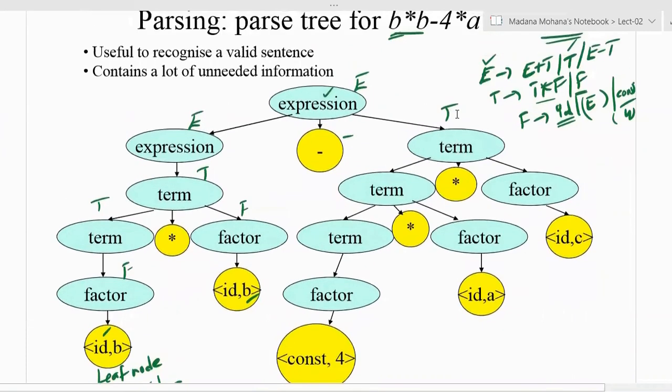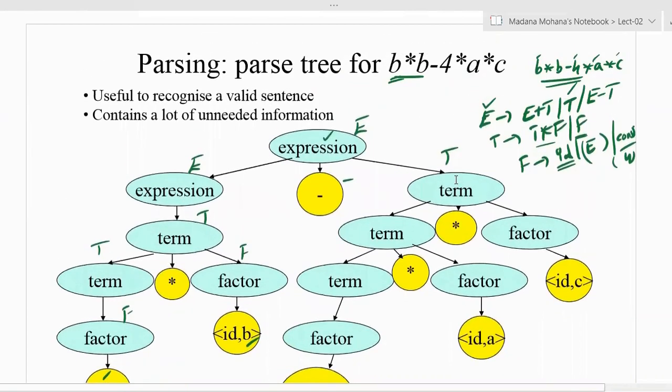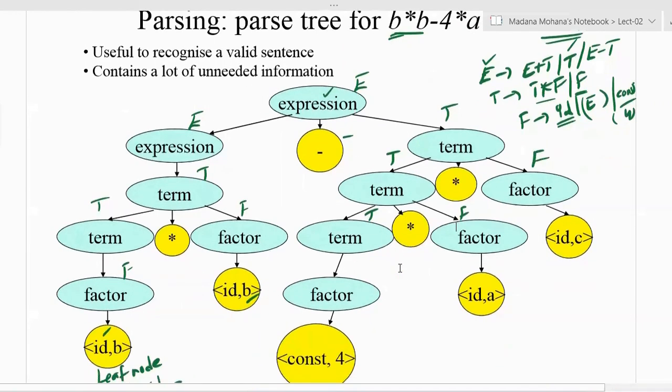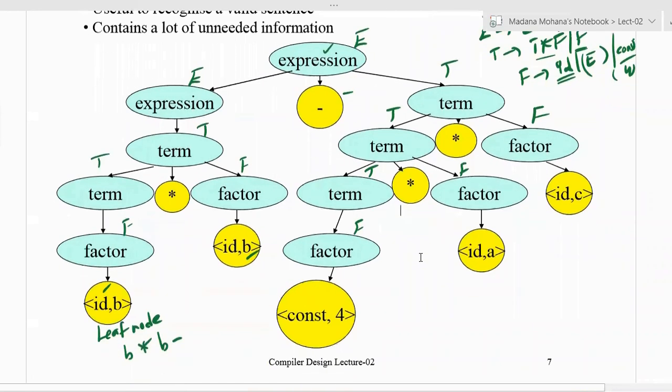So now again here we have multiplication. Now T equal to T into F, you can take the combination. So here T into F. Now the leftmost variable T is replaced with what you want. Again here two multiplications are there. Again you can substitute T into F here. Now the leftmost T, what you want actually is a constant. So T is substituted with F, then F is substituted with constant. F derives constant value. So constant comma 4, whatever constant required you can take. So now here we derived 4.